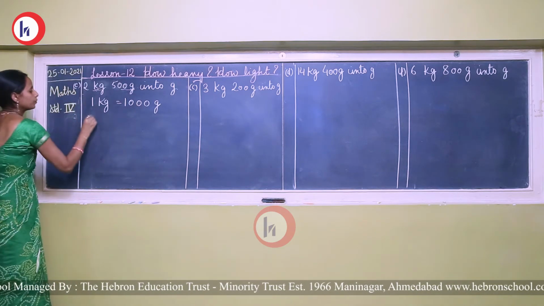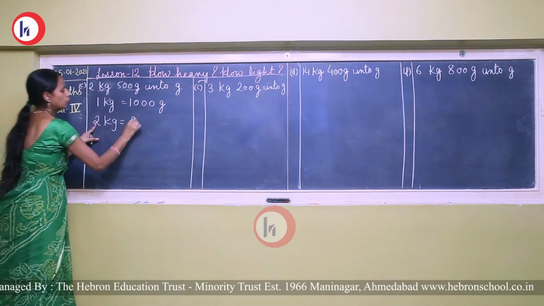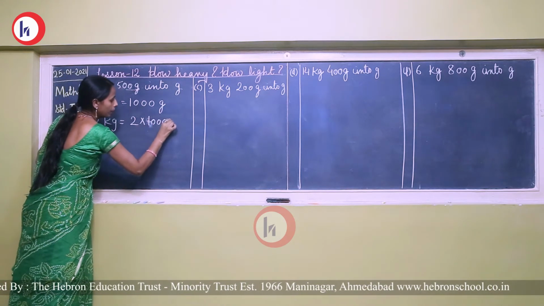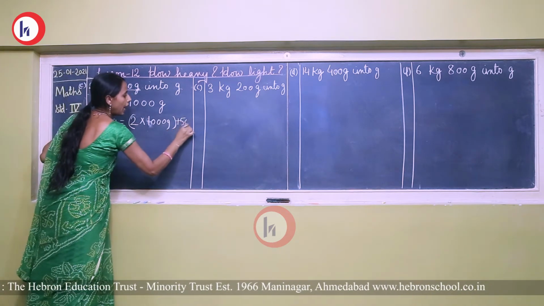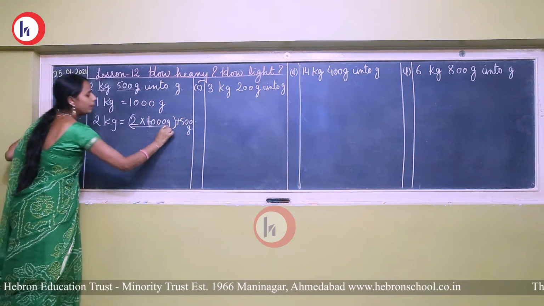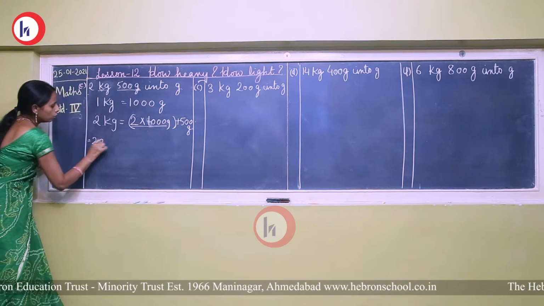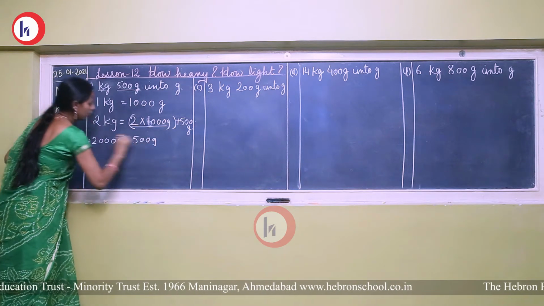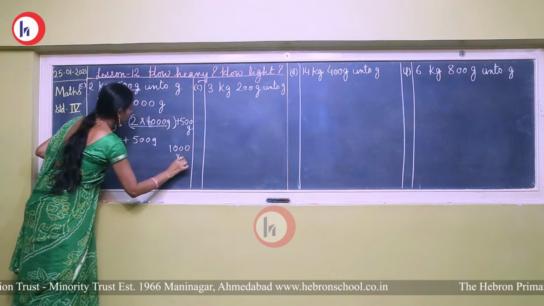Okay, so 2 kilogram is equal to how many grams? 2 multiplied by 1000 gram, and this one we will not convert but we have to add. Okay, so first of all multiply 2 and 1000. So 2 multiplied by 1000 is equal 2000 gram plus 500 gram. See how this answer will come. 1000 multiplied by 2.